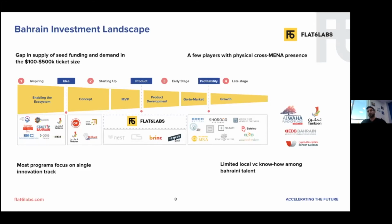And so in Bahrain, you have Flat6Labs, you have Tenmu, and you have Brinc. Tenmu is more direct investment. It's not an accelerator, but Flat6Labs and Brinc are. We're sector agnostic. Brinc is IoT orientated. And then what we do is we facilitate when it comes to the product development part and taking you into the market and raising funding so that you can get to here, which is the 4th stage,